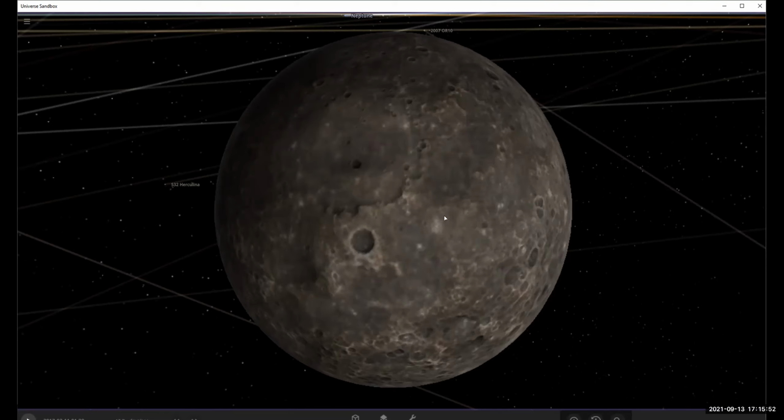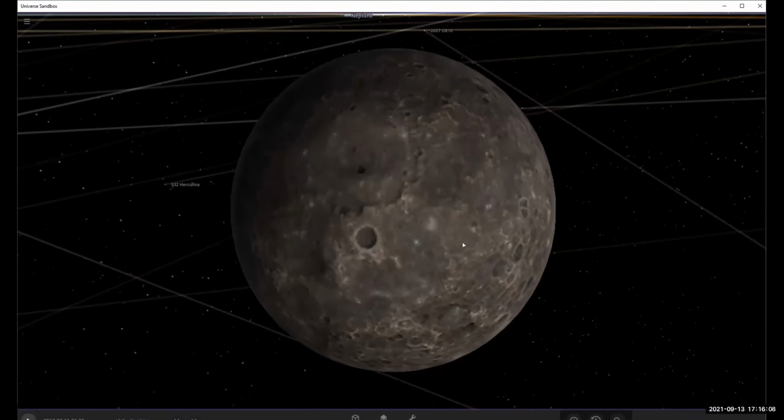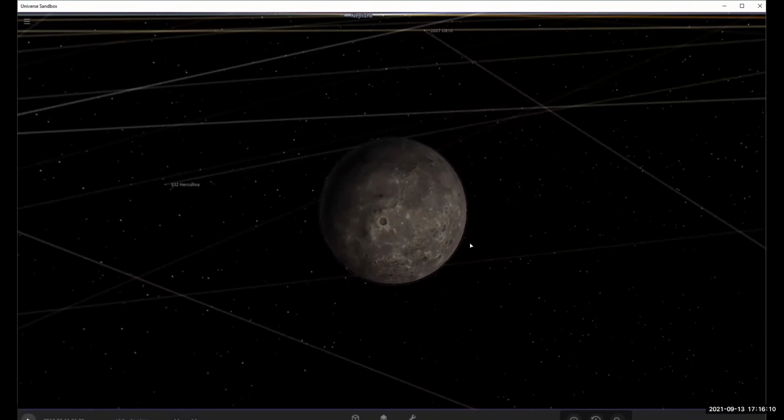Anyway, so this is the surface of Mercury. It's mainly metallic. As a matter of fact, the core is very, very large compared to the size of the planet. And the planet is, as I was saying, very close to the Sun. As a matter of fact, it's about 0.30 astronomical units. So let me zoom out